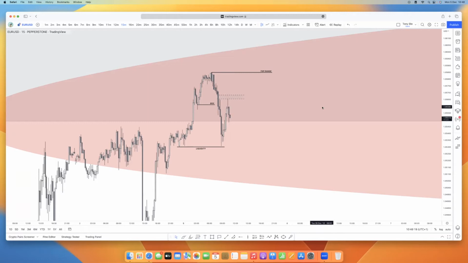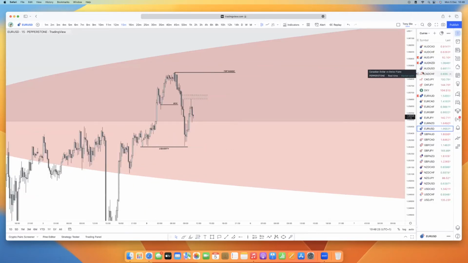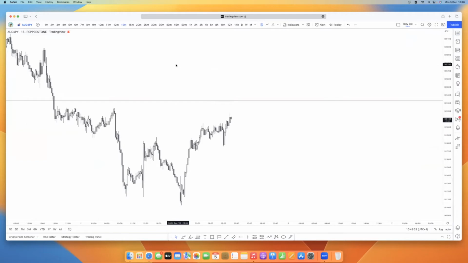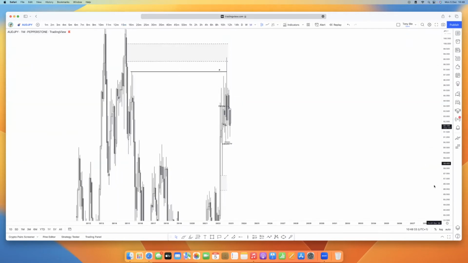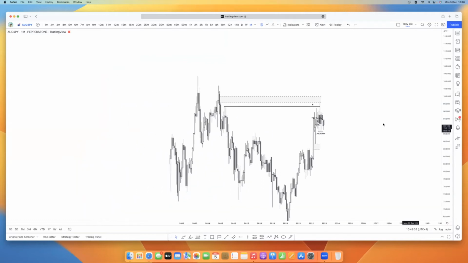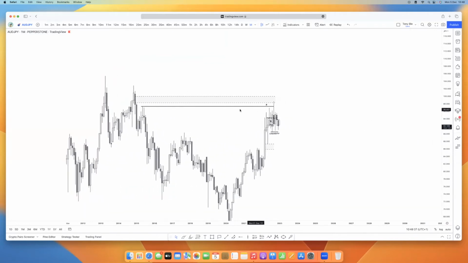Yes, we've done the analysis already on DXY, so you know why we want to sell on EU. So that's for DXY and EURUSD. And then AUDJPY, I sent out the trade idea. And from the monthly, I think I saw this. Okay, so you can see we had this monthly liquidity. You see this high, this area here, and then this area here. We had this big candle that swept the liquidity to the upside.